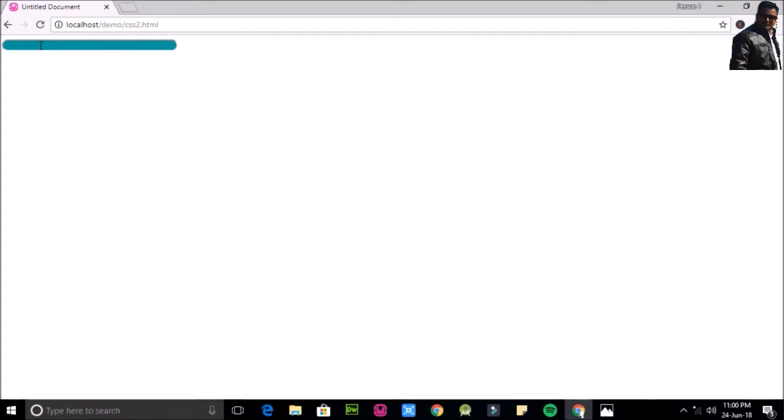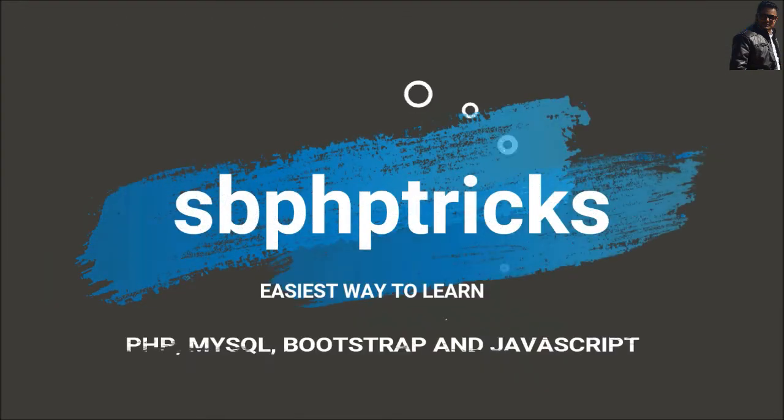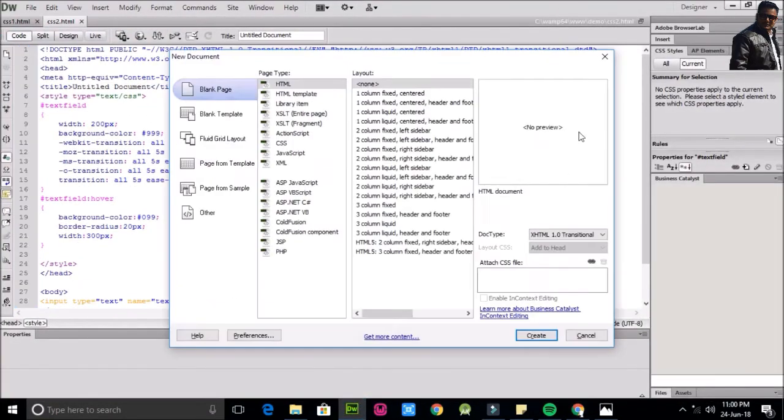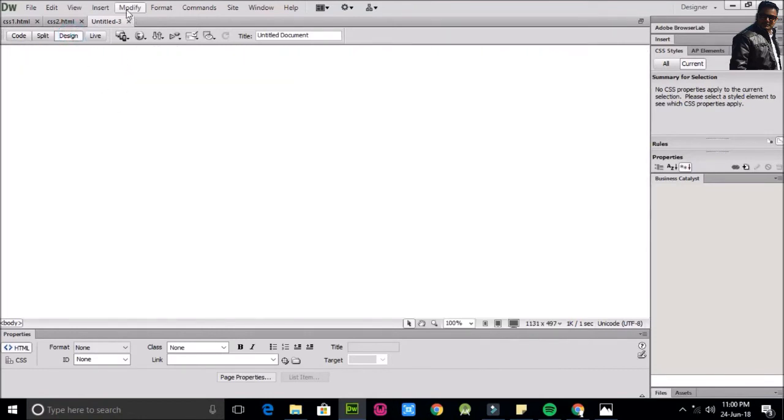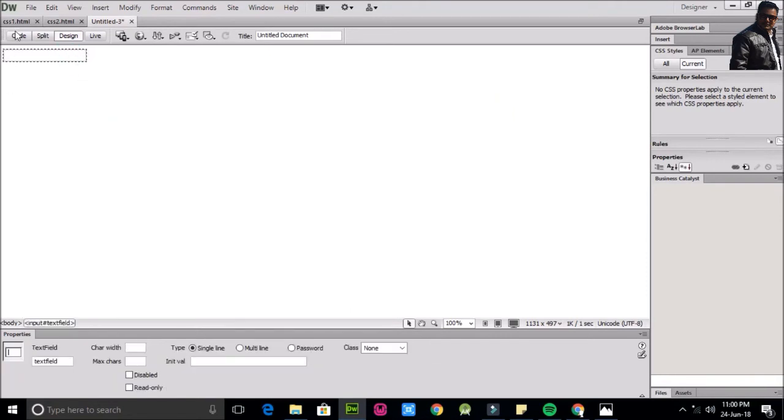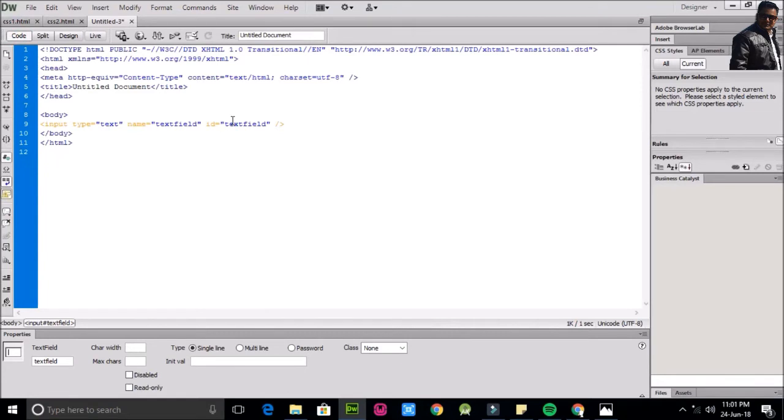So how do we do this type of transition in coding? I'll use Dreamweaver. I'll create one HTML file. I'll go to design and insert a text field. For this text field, the code is generated like this. For this text field, I need to write down the CSS